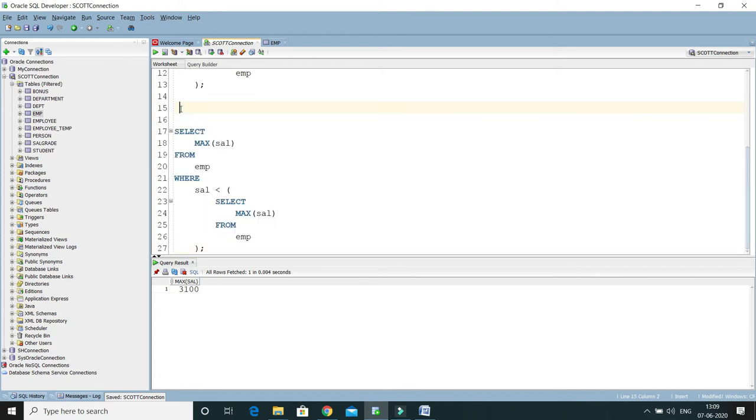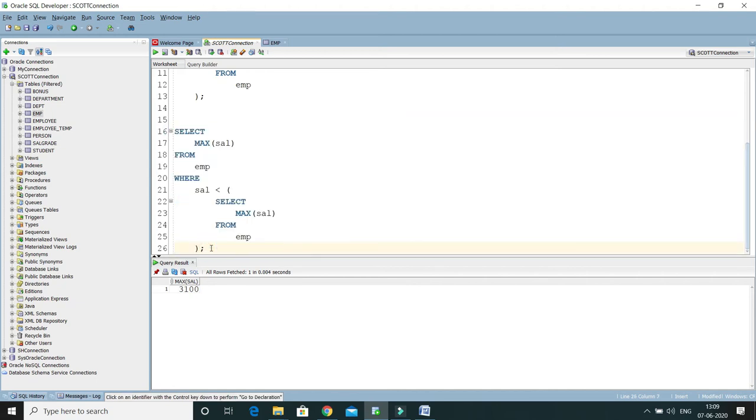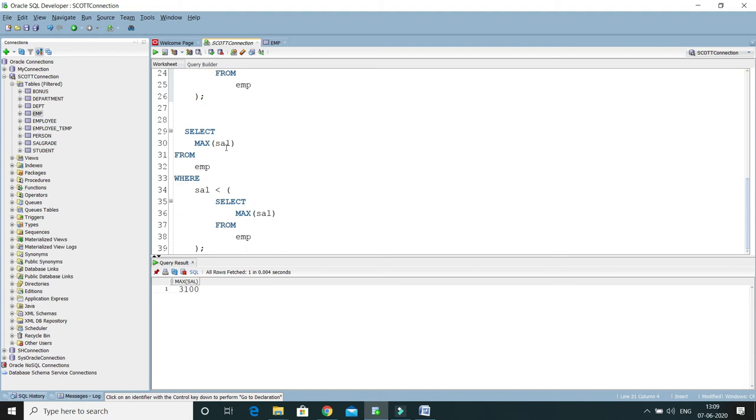Now let's say I would like to get the third max salary. So basically one more layer of nesting is needed to get the third max salary. So I have written this query again, just copied and pasted it over here. And what I'll do, we require one more layer of nesting.